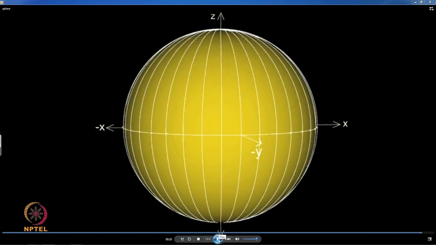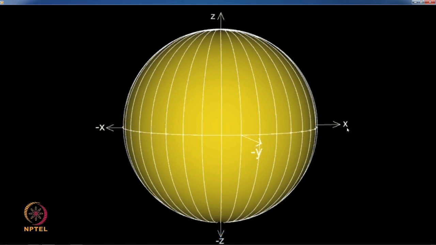Okay. So that is a spherical coordinate system in which you can see the variation in theta given by these different arcs and the value of phi corresponding to each one of these arcs, starting from the x axis at some arbitrary point, going around to the plus y, to the minus x, to the minus y and back,